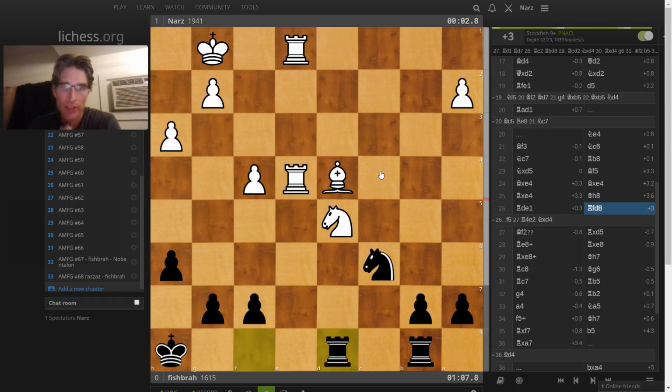Anyway, so f5 was the move. Instead, he attacked this knight, which also makes a lot of sense, right? Because if the knight moves, then the bishop will fall because it's hit twice. It's like an X-ray,